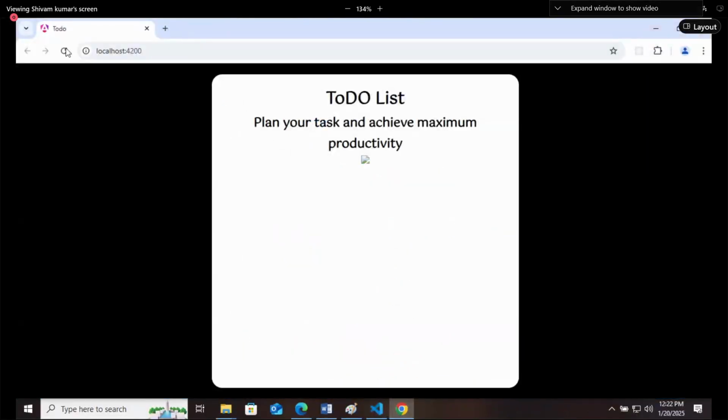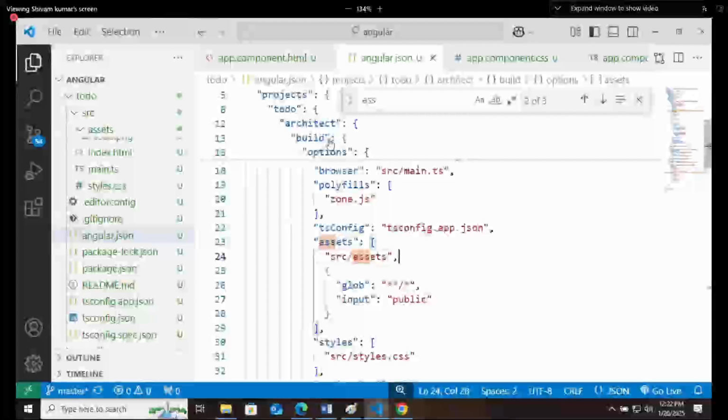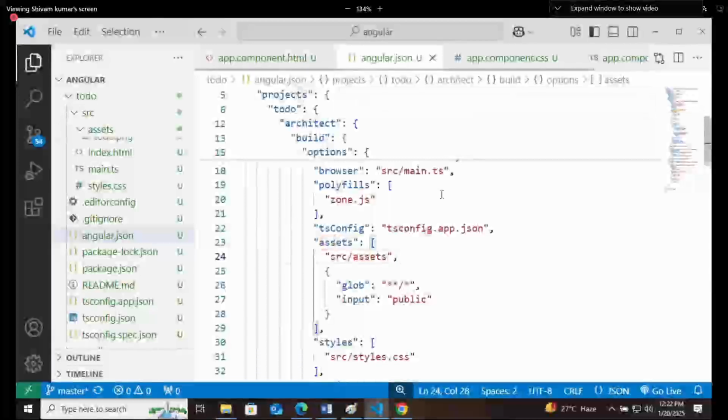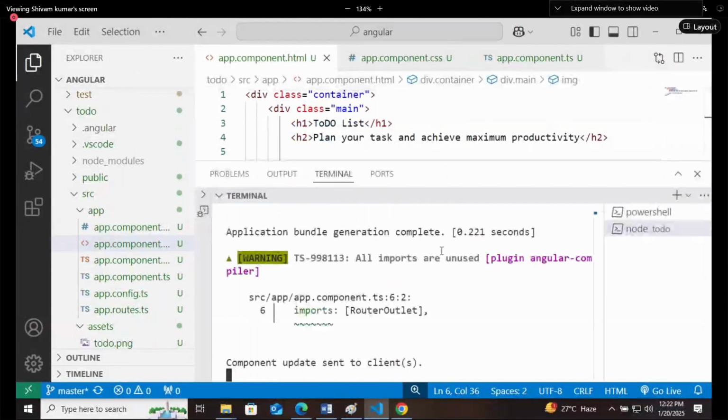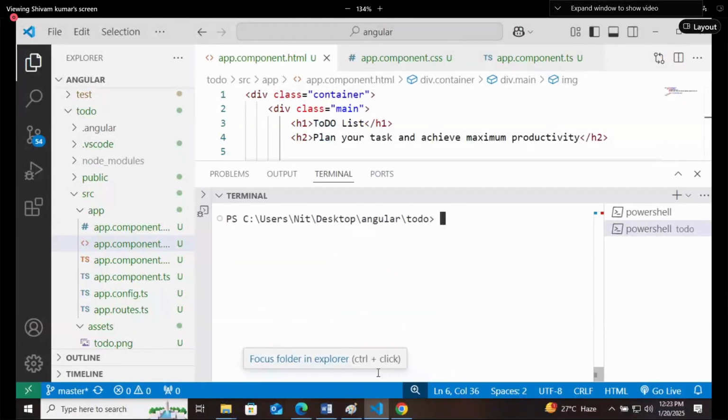Again, it is not loading our picture. Sometimes it happens, or else run the application again. Sometimes when you are making some changes to the angular.json file, try to rerun your application.